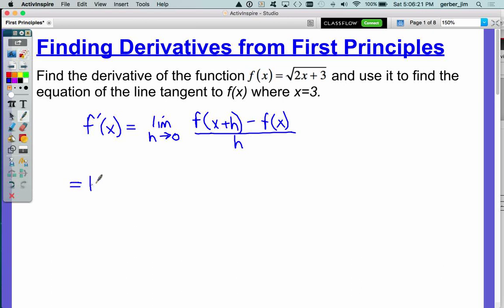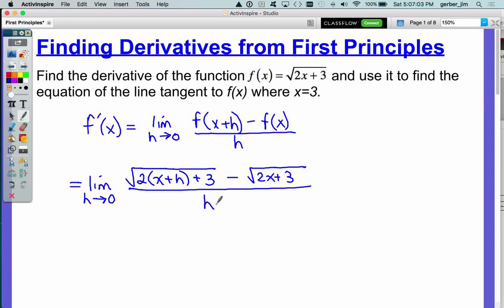From there, we can substitute for the f's. We already know that f at x is the square root of 2x plus 3. And if we know what f at x is, we know what f at everything is. So f at x plus h is just the square root of 2x plus h plus 3. In other words, we substitute x plus h wherever there's an x. So this becomes the square root of 2 times x plus h plus 3 minus f at x, which we already know is the square root of 2x plus 3,